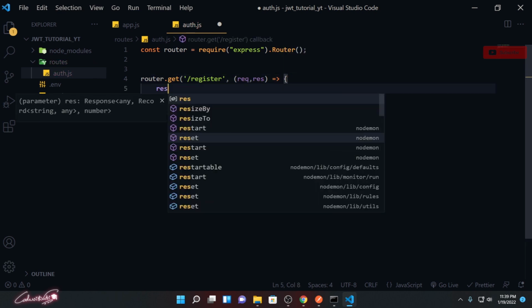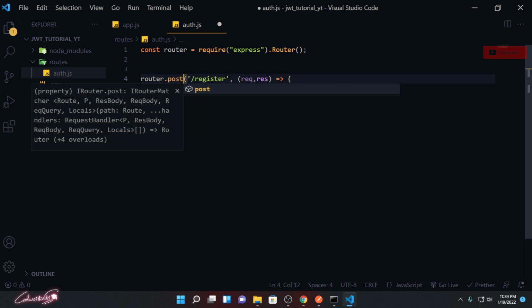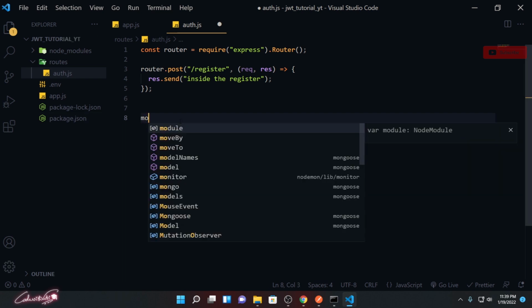Open here, and let's say response.send inside the register. Actually, it's not supposed to be a get method, it is supposed to be a post method. And now I need to export this, otherwise it will not work. So module.exports equals router.